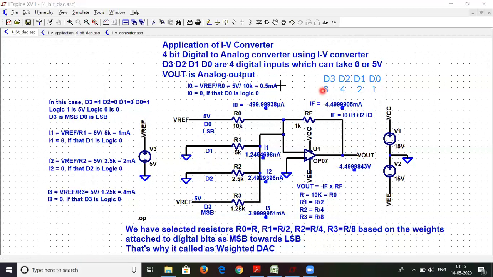This is one case that we have explained. Let us consider other cases and try to analyze this logic. I hope this is clear now: why we have attached the weights, how the V out number has come, what these currents are, and how the current is getting converted into a voltage, hence we have made use of the I2V converter. Let us consider more examples.